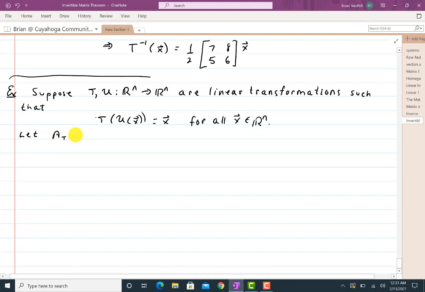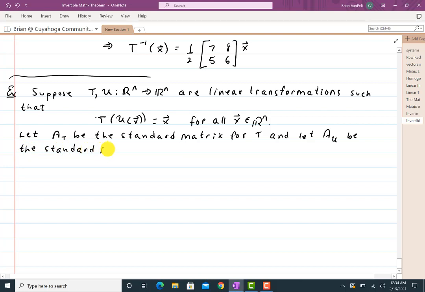Let A_T be the standard matrix for T, and let A_U be the standard matrix for U. Since T of U of x equals x for all x in Rn,